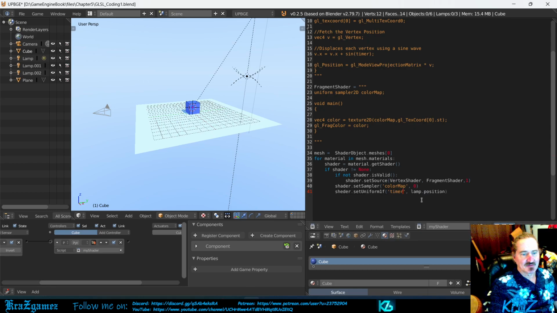Okay, then you're going to get rid of this one here. Okay, and you can type in shader object, then square bracket, double quote, timer, double quote, small bracket, end bracket. Okay, now these you want to make sure, oh, you don't have to put the end bracket, I did an